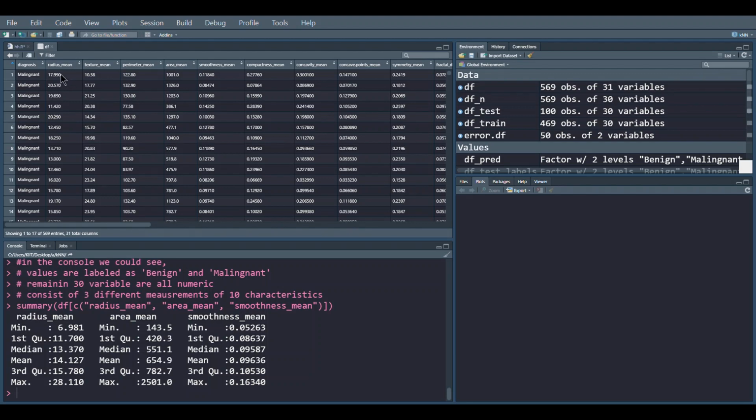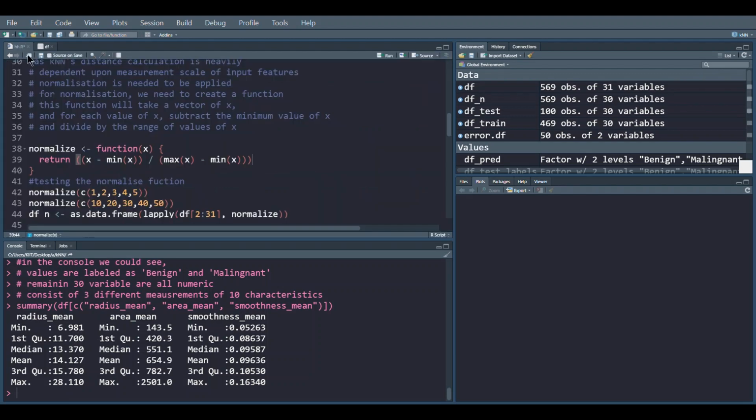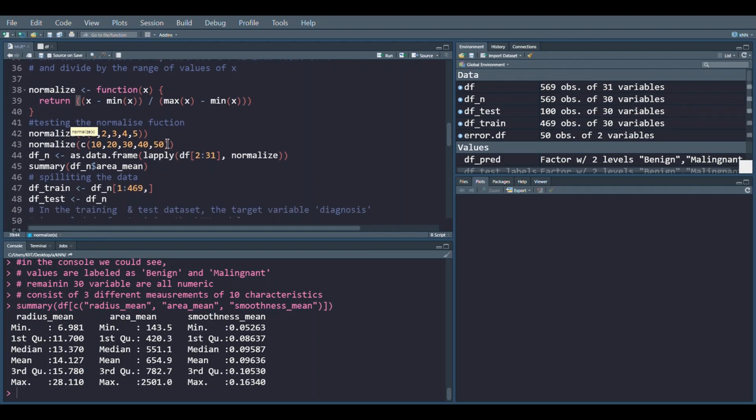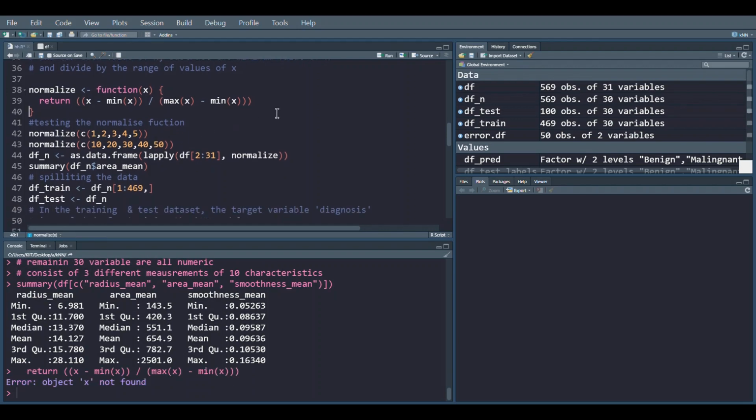What I would do is first subtract the minimum of radius mean from this value, and then divide this by the range of radius mean, that would be 28.11 minus 6.981. This way you could normalize. Then let me first run this particular command. Oops, sorry.